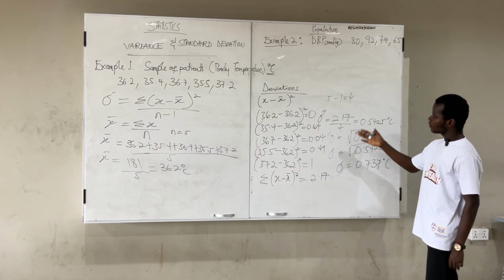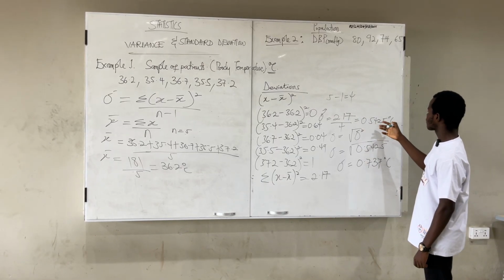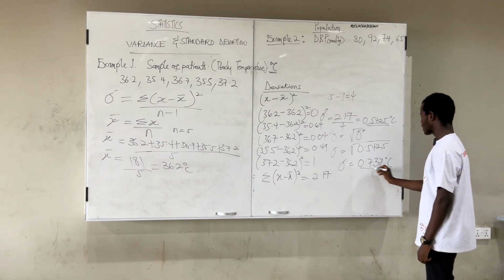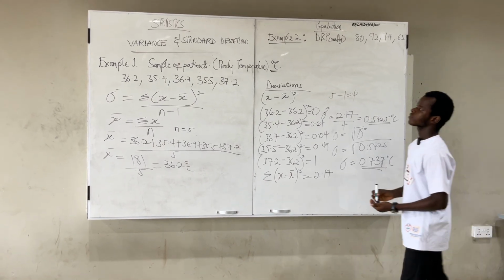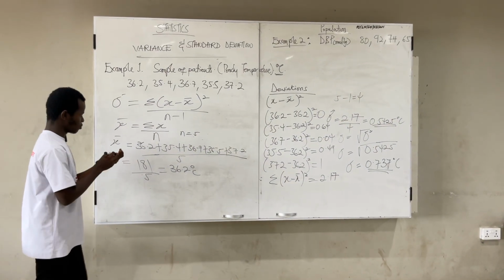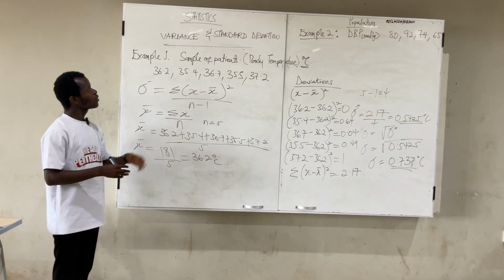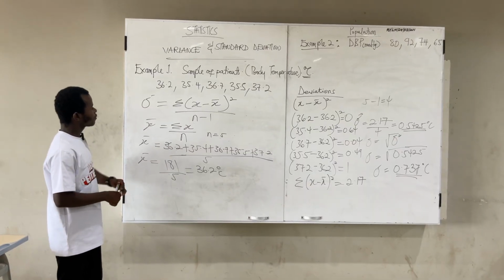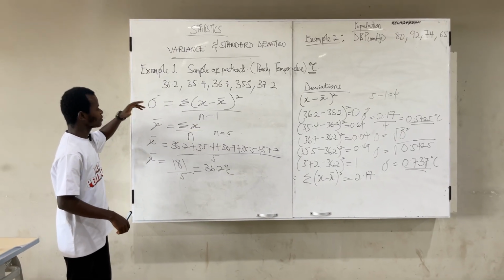So right now we have our variance to be 0.5425, and then the standard deviation to be 0.737 in degrees Celsius. So in all, we did a sample of patients, or sample data, when you are calculating for variance and standard deviation, for which we have 5 observations of 5 patients' body temperature in